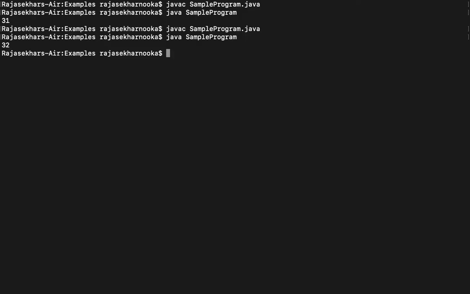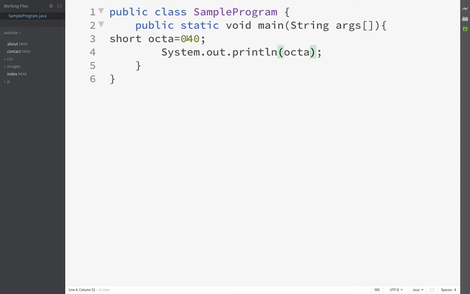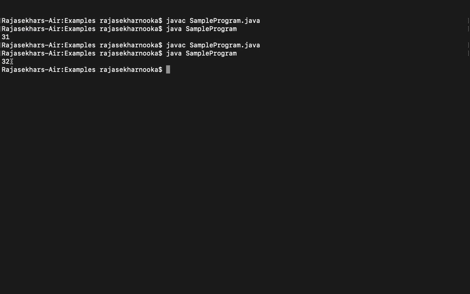Its value is 32. Octal means base 8. 8 power 1 into 4, here we are giving the value 4, plus 8 power 0 into 0. Its value is 32.